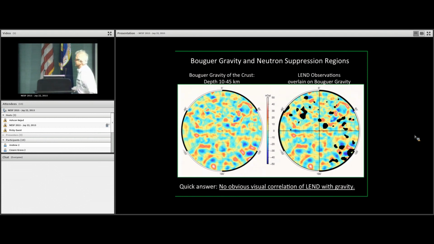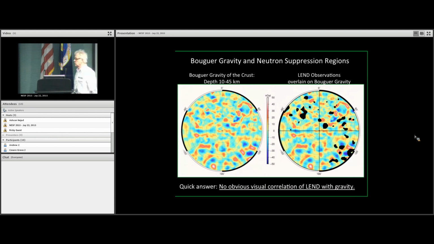I walk around. Okay, and you can see these are the gravity anomalies here, and we're going to inspect these carefully. And over here are the land observations. They're just in black. These are the biggest areas. I've forgotten how many there are, but anyway, you can see there's no obvious pattern. So to first order, you can say there's no obvious correlation with LEN and gravity,